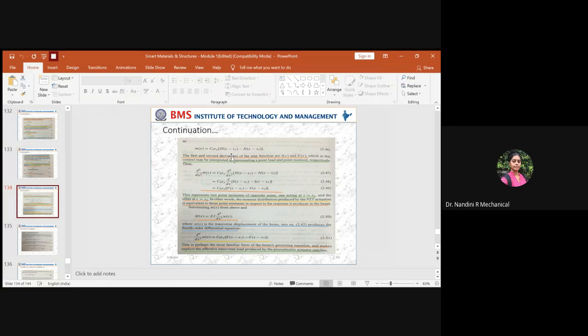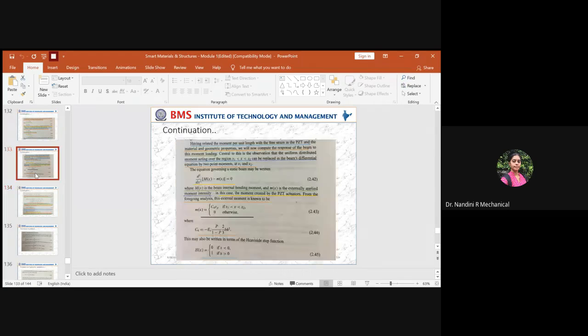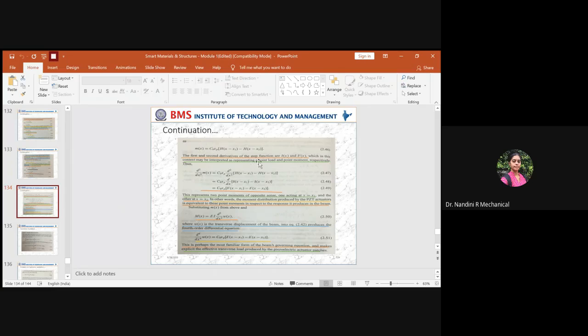The step function can happen in two steps. So h of x minus x1, and the second is h of x minus x2. Always you have to show two steps, so that even though one step is 0 or less than 0 here, the other step will show you at least one positive result. As a result, to get the relation between the external moment and the Heaviside step function, we club both together and find the equation. This will help to give you the first and the second derivatives.